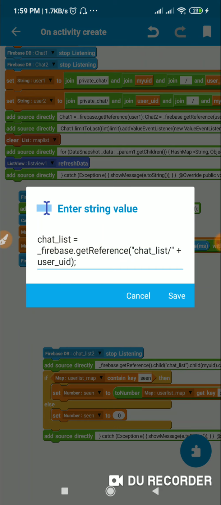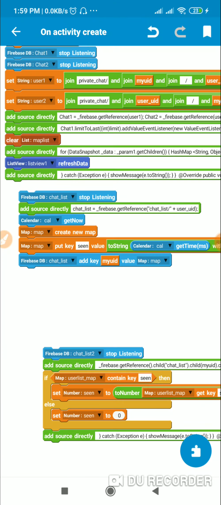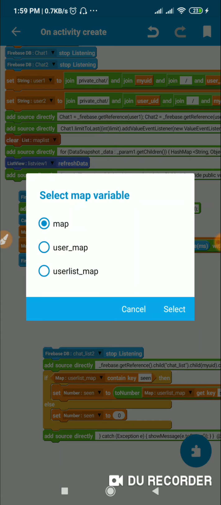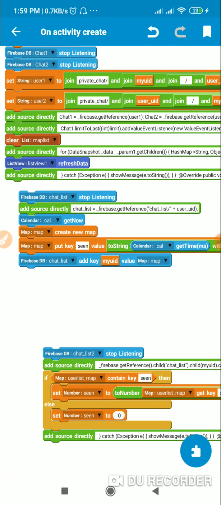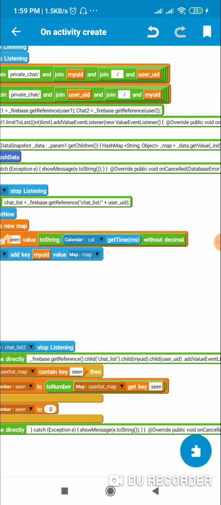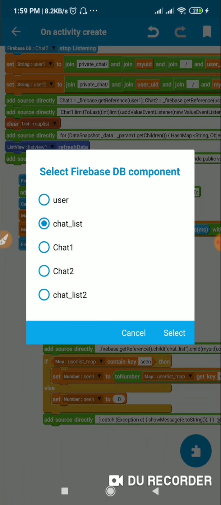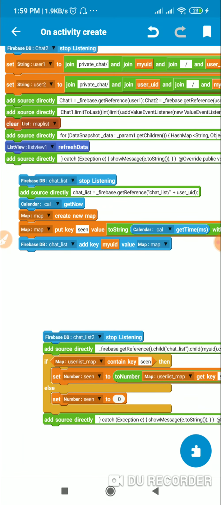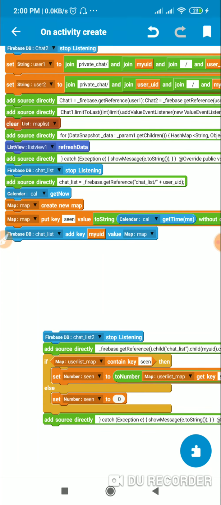Here I define chat list as _firebase.getReference chat_list/user_UID, which is the UID of the second user, and then I get the current time from calendar get now, create a map variable, put key seen with value calendar get time in milliseconds, converted to a string variable without decimal, and this is added to chat list with key my UID and value map. This is how we update the current time of the current user in the chat list of the second user.